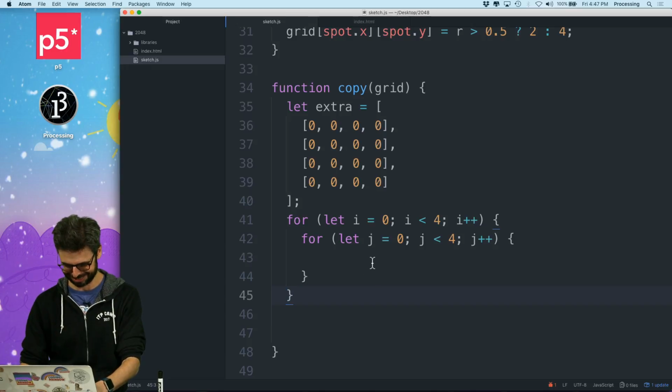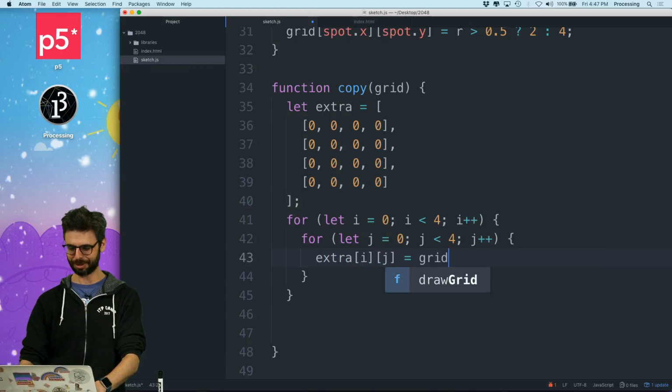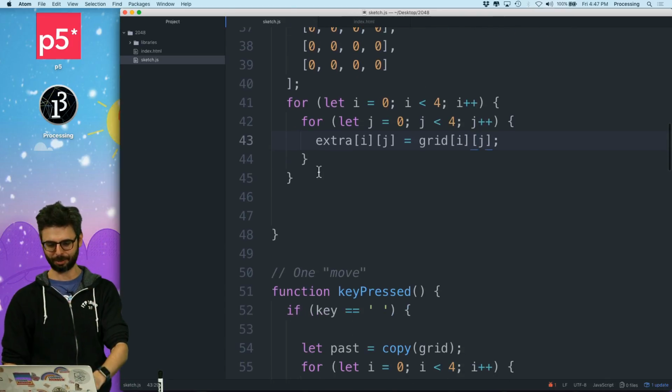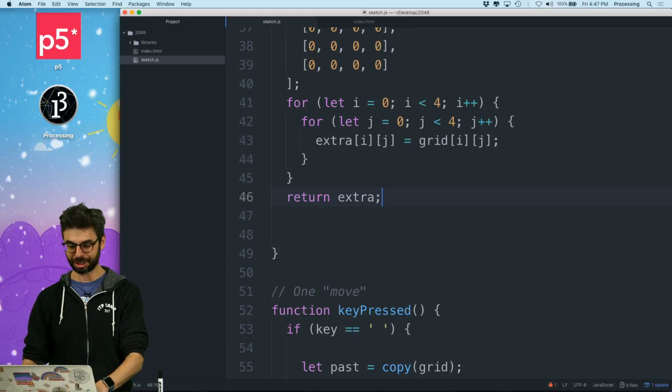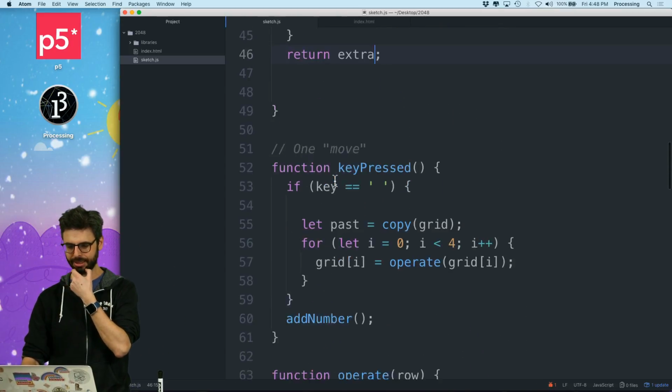Why did I do 2048? Extra I, j equals grid I, j. Okay, and then I'm going to say return extra. So that's just a total copy of the two-dimensional array because